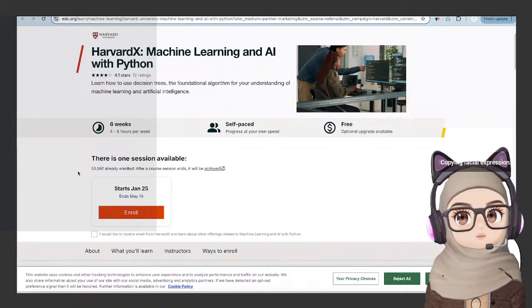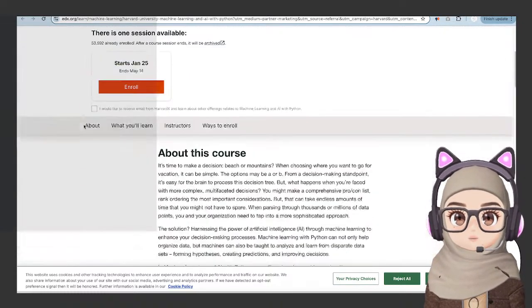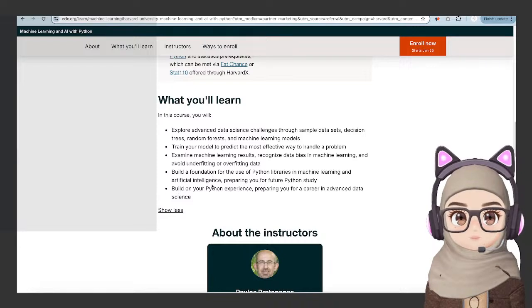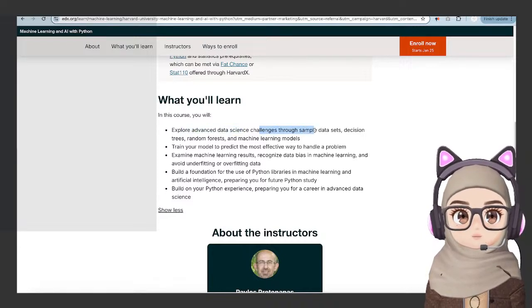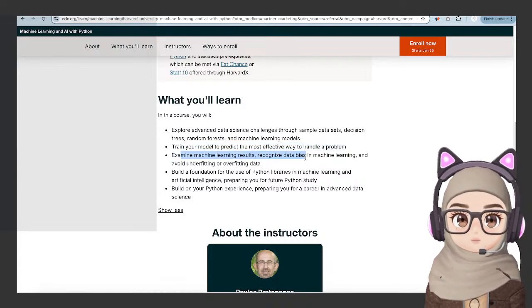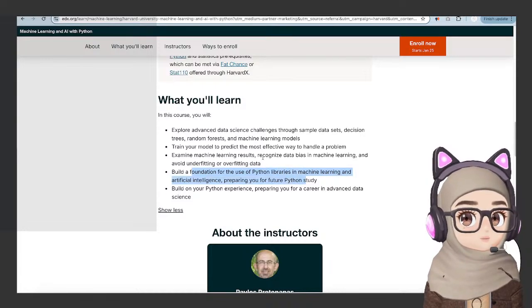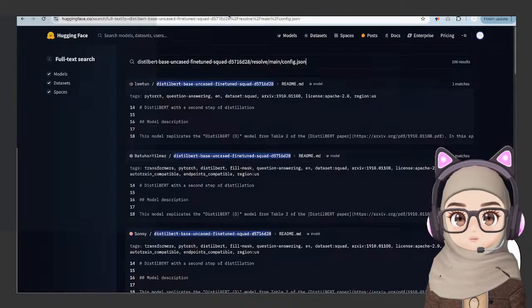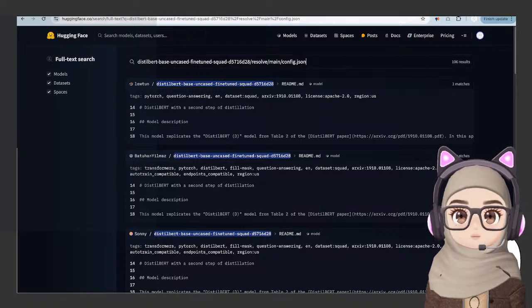Is this recent? It has 12-star ratings. What you'll learn. Explore advanced data science challenges through sample data sets, decision trees, random forest, and machine learning models. Train your model to predict the most effective way to handle a problem. Examine results, recognize bias, avoid underfitting and overfitting, build a foundation. Honestly, that seems pretty okay. Most of these are just starting points. Because then you'd have to make something that you can,